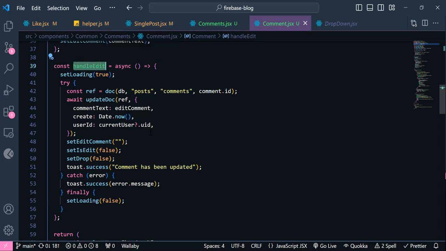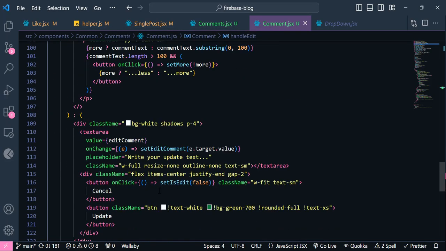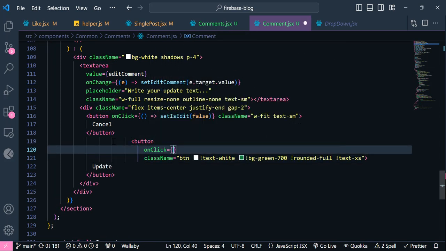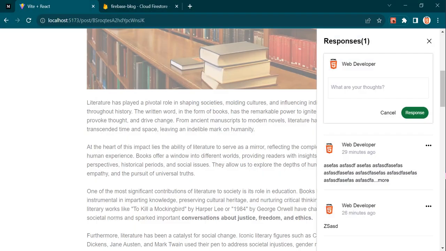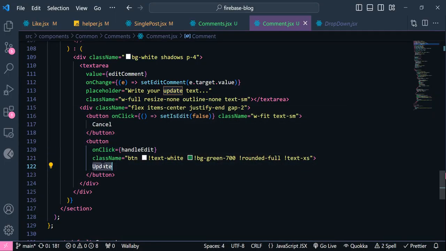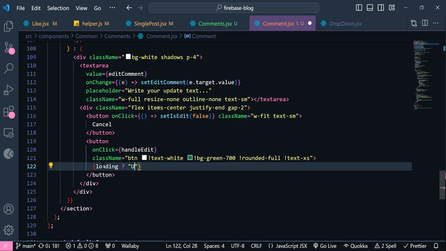Now let's pass this handleEdit to our button here. As you can see, we have this button. Okay, now let's check it. So if I click this drop down and let's change the text to be new text is added, and of course we need to set a condition here. So I'm going to say if we have loading, we're going to say updating here, otherwise we're going to say update. Okay,